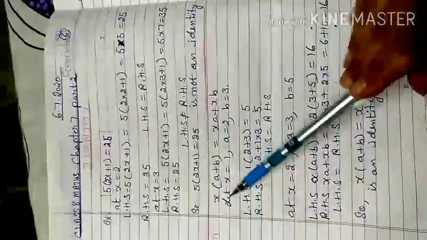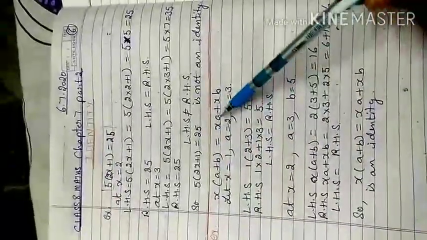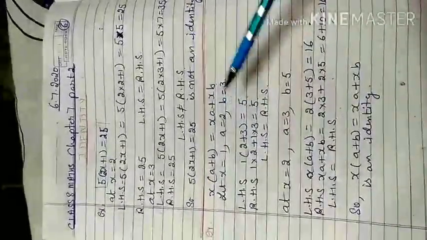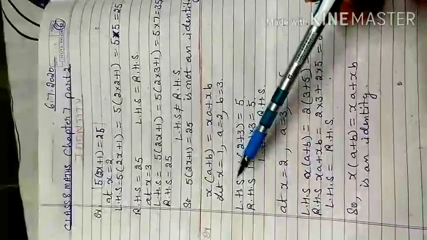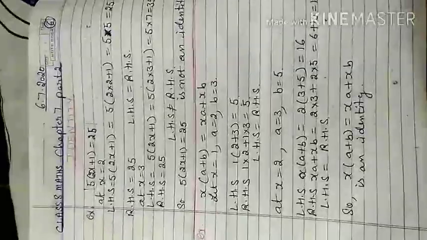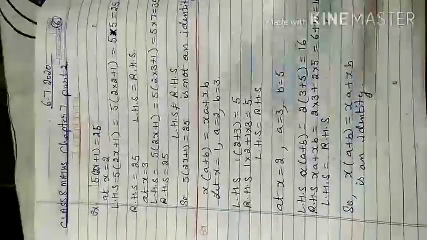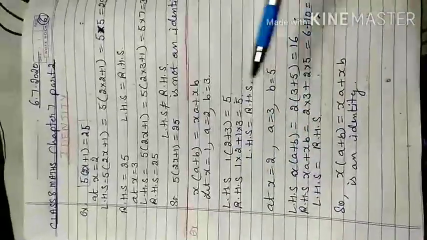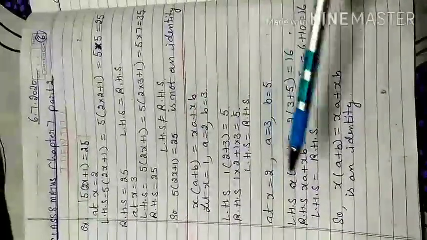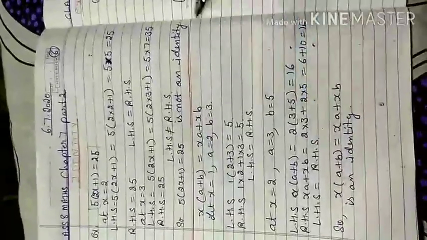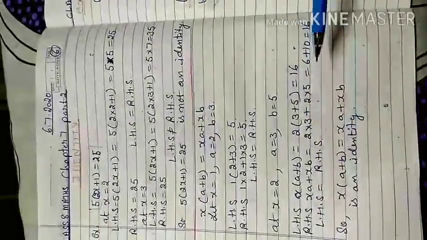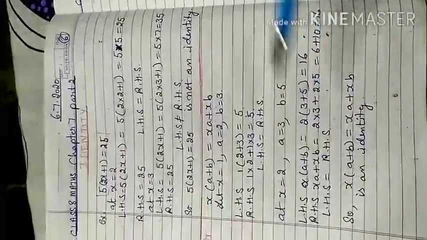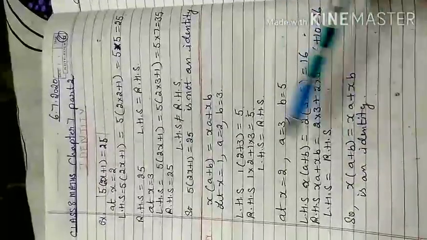But if I have a variable like x(a plus b) on the left side, xa plus xb on the right side, and I consider x value is 1, a value is 2, b is equal to 3, when I check both left side and right side, both values are the same, so it is true. Now I change the values, like x is equal to 2, a is equal to 3 and b is equal to 5. I check the left hand side, 2 into 3 plus 5 gives me 16, and on the right hand side, xa plus xb, that is 2 into 3 plus 2 into 5, which is 6 plus 10, equal to 16. That also gives me 16, that is, left hand side is equal to right hand side.